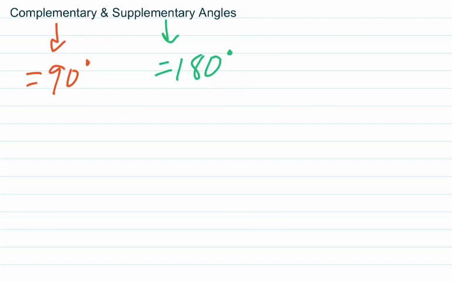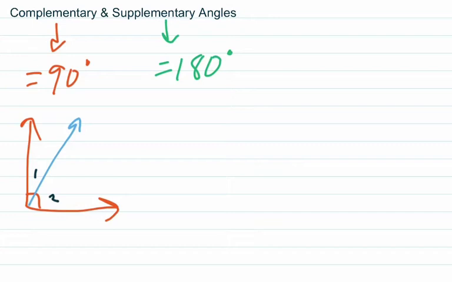Something to remember in this same set of things is that if they tell me I have a right angle, that could be made up of two angles like this, so those would be complementary. We would have angle 1 and angle 2. The measure of angle 1 plus the measure of angle 2 would have to be 90 degrees,